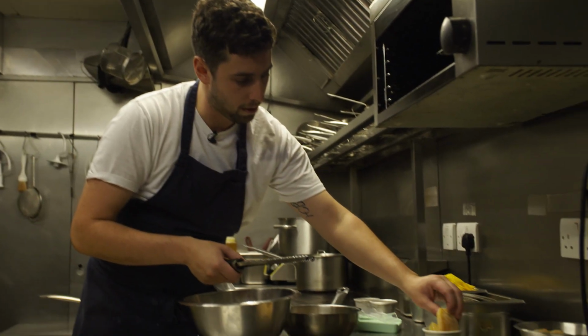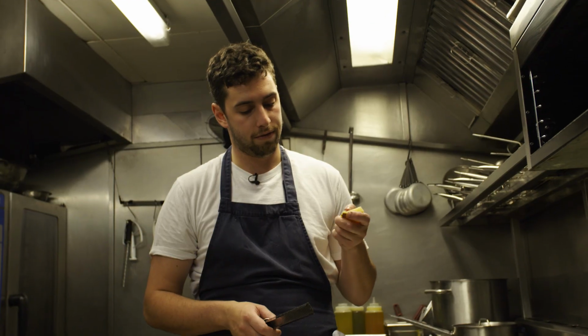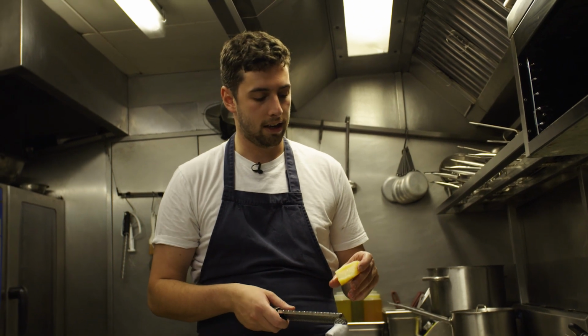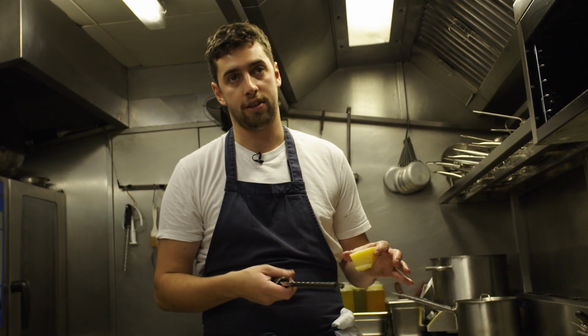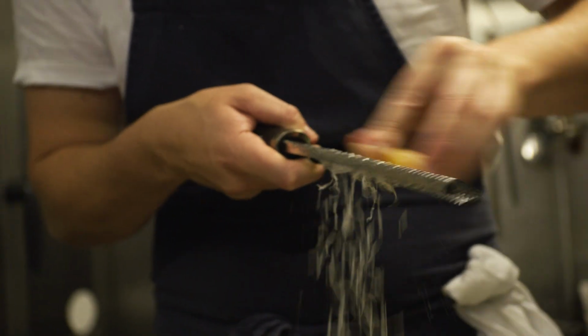We've got some Berkswell cheese here. So Berkswell cheese for me is a great product. We get it through Neal's Yard Dairy. It's obviously very similar to a Pecorino or Parmesan, and it's just something that we use instead of those cheeses just because it's British. For this dish, the flavour of it works really well. We're going to grate a little bit of cheese into the bowl,